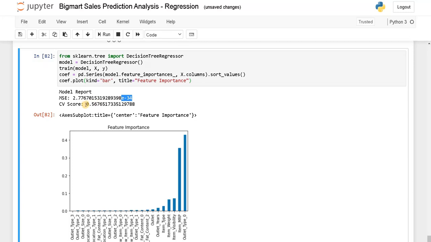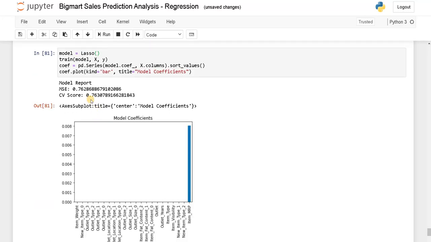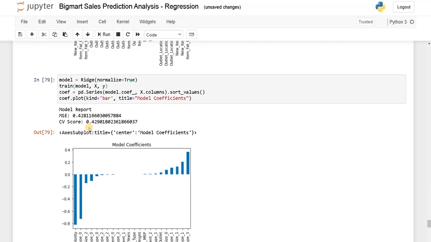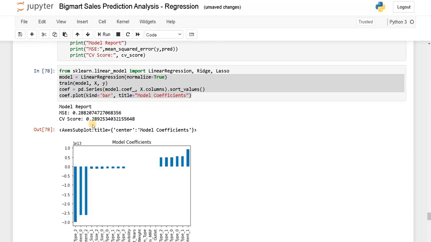If you see the cross validation score, it's 0.5, which means it's not performing that well. While taking the performance measure of the model, you always take the cross validation score as a metric. So based on the cross validation score, we will pick the better model. So here it is 0.76, here it is 0.42, and here it is 0.28.